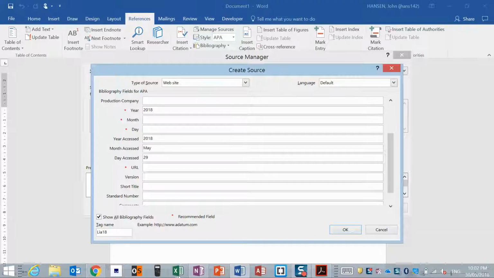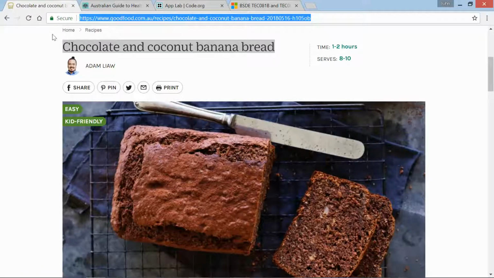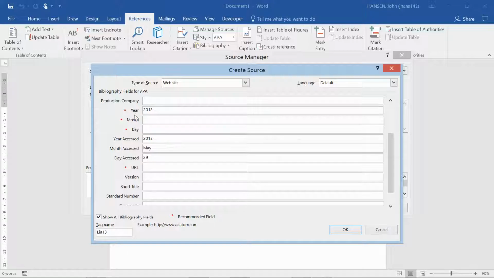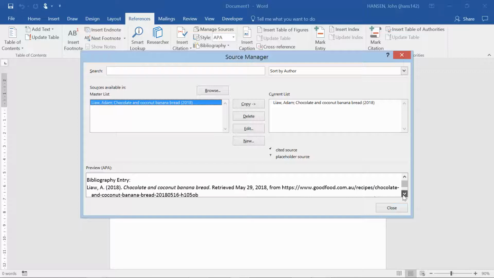So if you go back to the web page, go up the top, Control C to copy, and paste it in. Now I've entered that, I press OK, and what you'll see, Word will create down here the reference,